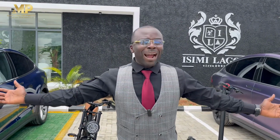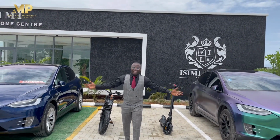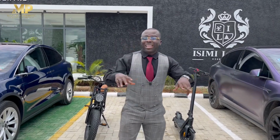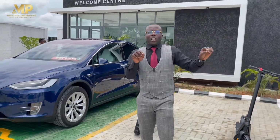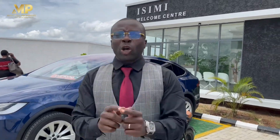Just look at my right hand and my left hand. You have the latest model of Tesla. You know what Tesla means. Of course, we promised you that we're going to bring electric charging docks within this city, and today they are right here. Also, not just that alone, the opportunity for investors to enjoy world-class facilities within this estate, and also